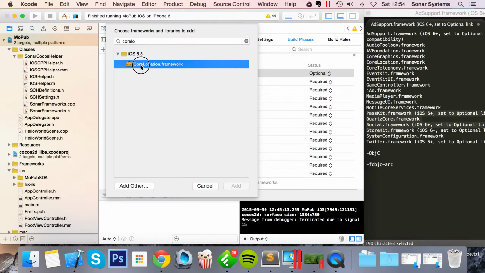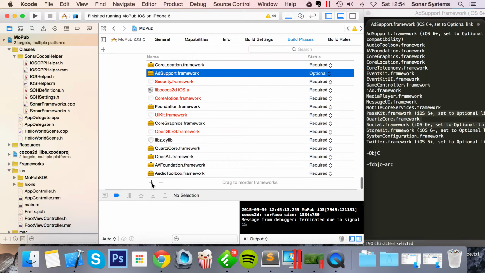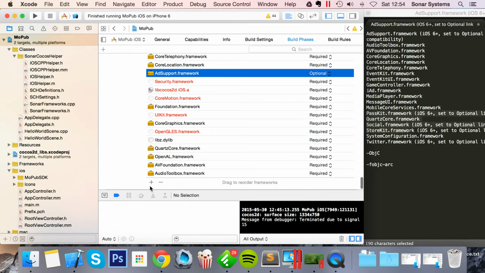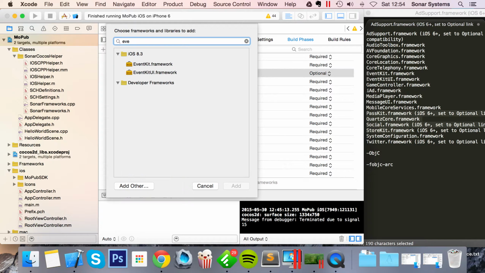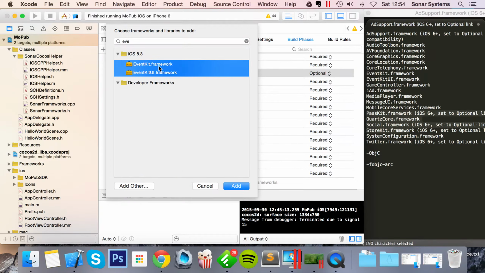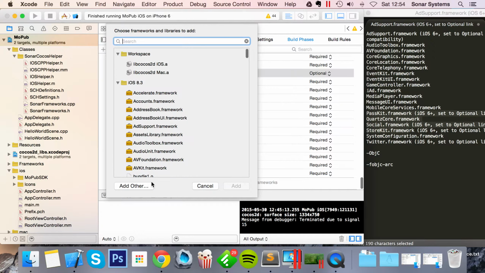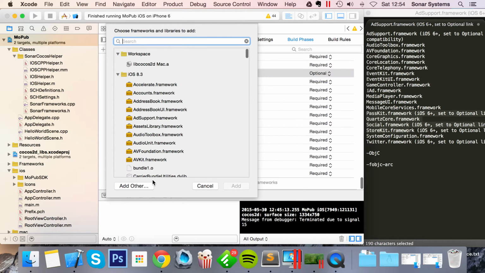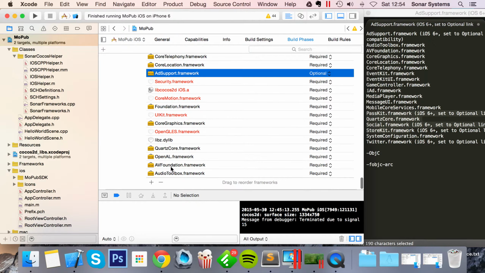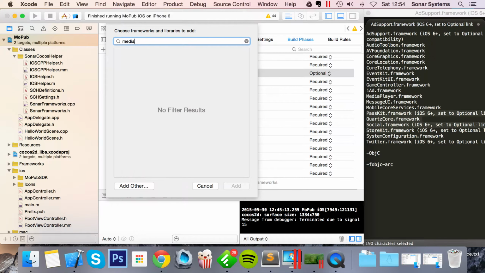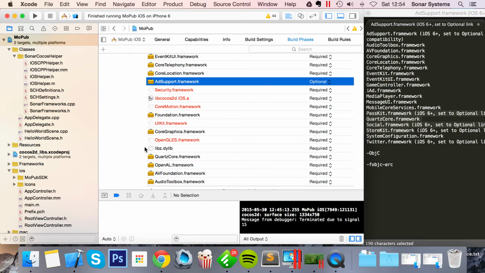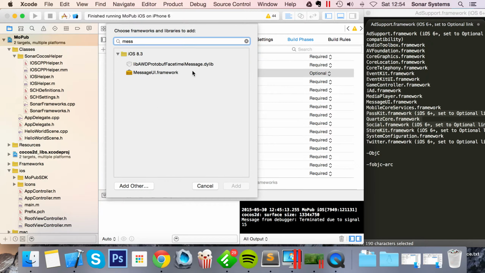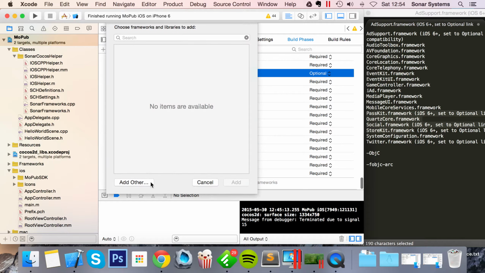Core location, core telephony, and now we need the event kit framework. So event kit and event kit UI framework. We need the game controller framework, iAd framework, media player framework, message UI framework, mobile core services